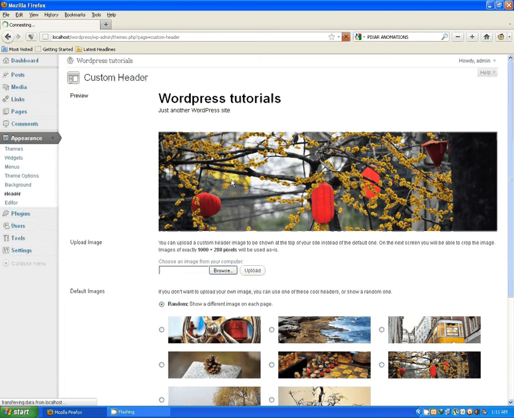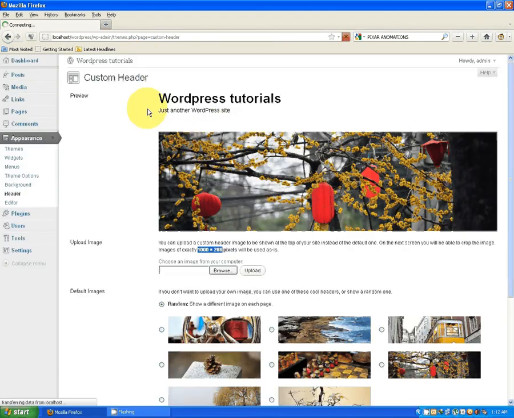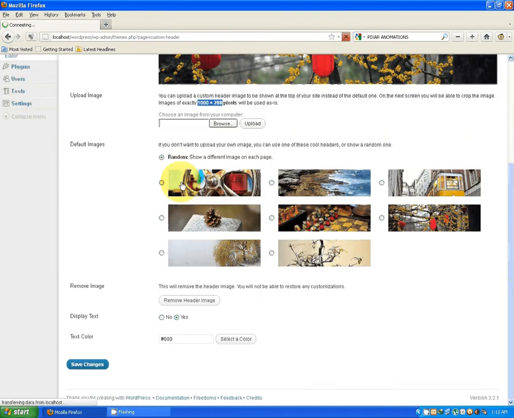In the header link we can also configure our header images. Either we can have these random images or we can upload our own picture of size 1000 into 288 pixels only for this 2011 theme. We can also remove the header image and display text yes or no and text color.